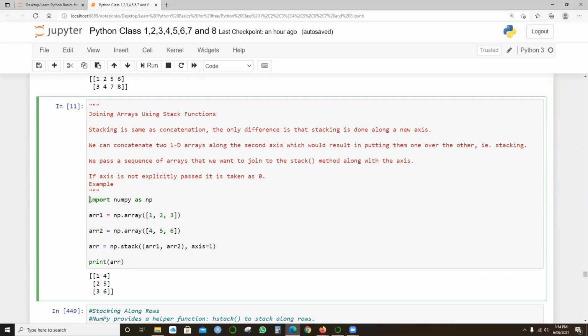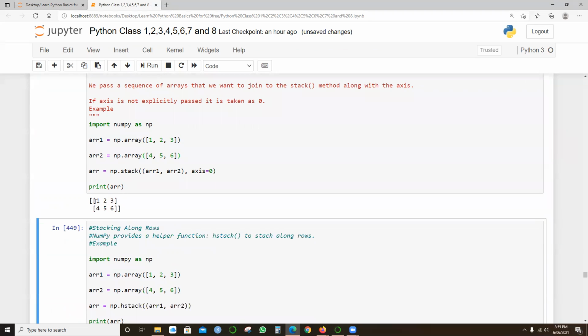We import numpy as np, define array 1 as np.array of 1 2 3, and array 2 as np.array of 4 5 6, then array equals np.stack of array 1 comma array 2 with axis 1. With that, it picks up the 1 and 4 combination, 2 and 5, and 3 and 6. That's the reason the axis value matters. If you put the axis value as 0, we have seen the difference: it picks up the values 1 2 3 and 4 5 6.